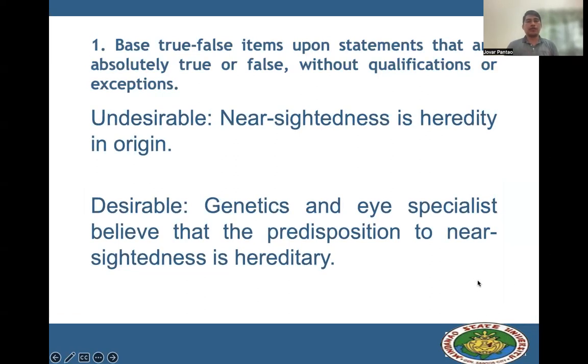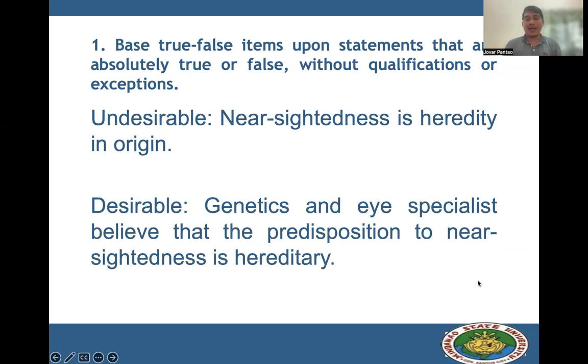All right, so the first rule is that you have to base true or false items upon statements that are absolutely true or false without qualifications or exceptions. So make sure that the statement that you are presenting is absolutely correct or absolutely incorrect, so that, as I mentioned a while ago, there would be no debates, and there would be no qualifications and arguments